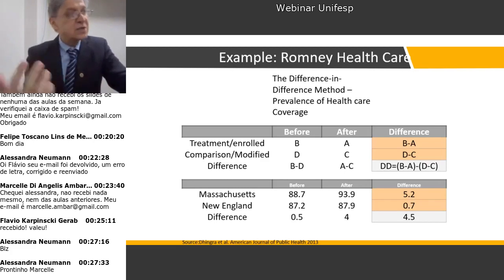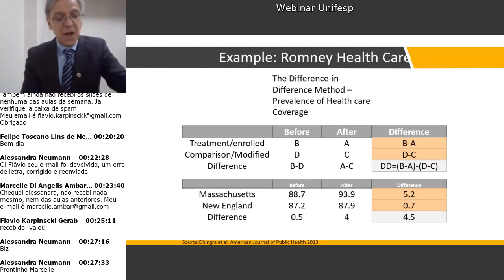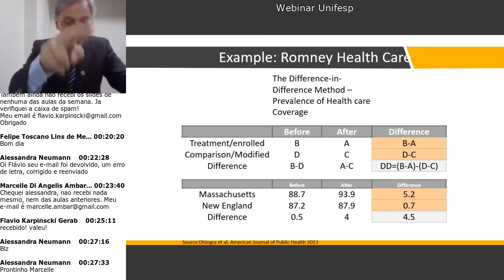Group, you got New England, which is the whole area around Massachusetts. That's not Massachusetts, and include Massachusetts. Okay? So you can see that in Massachusetts, the difference before and after is 5.2% prevalence change. Whereas the remainder, where the program was not in effect, was only 0.7. And the difference between the two before groups and the two after groups is 0.5 and 4, which gives me a 4.5 based on that formula I